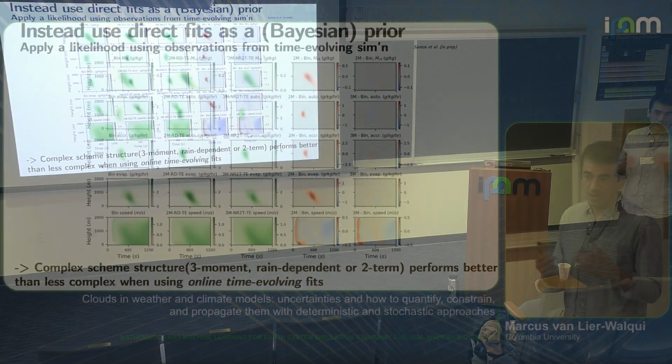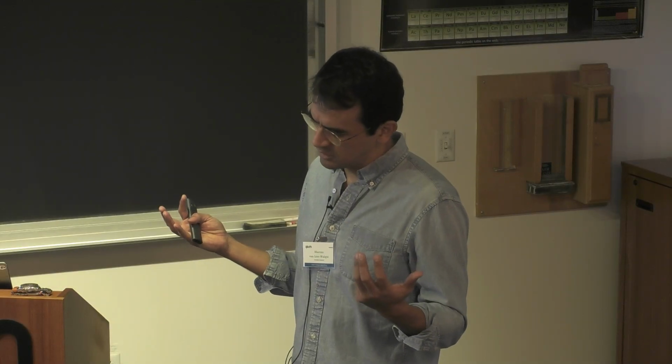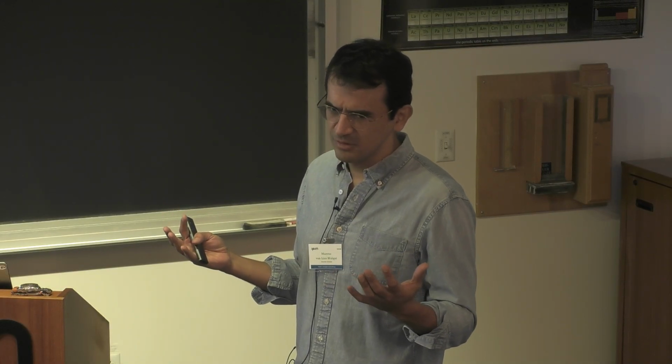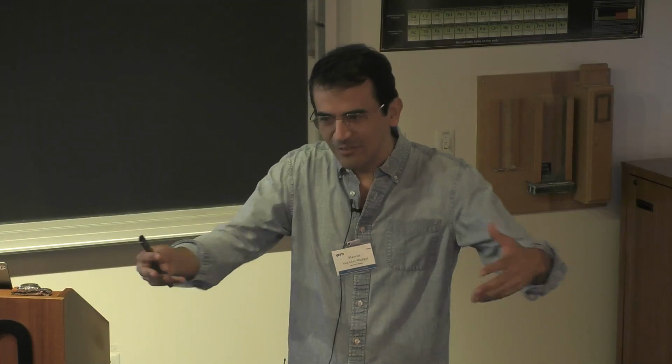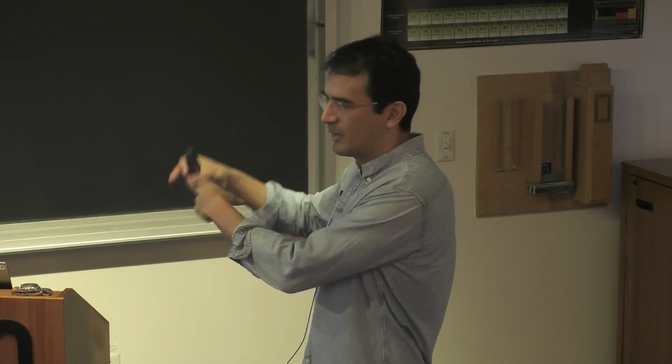You can't just do a fit offline. And I think there are some subtle reasons for this, which I don't have time to get into. But it's super important, I think, to do a realistic constraint because it's like, does your algorithm know what matters? You're giving it data. Does it know what part of that data is the most important data? No, it just knows that you've given it data, right? Some of it is when the cloud is just forming, you're getting this nonlinear process that's happening really quickly. And then some of it's when the rain's already established. It's not as important there.